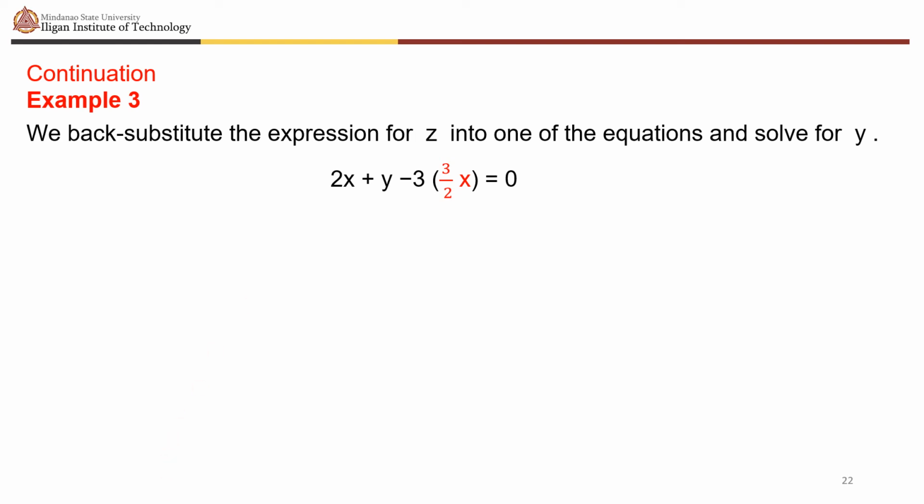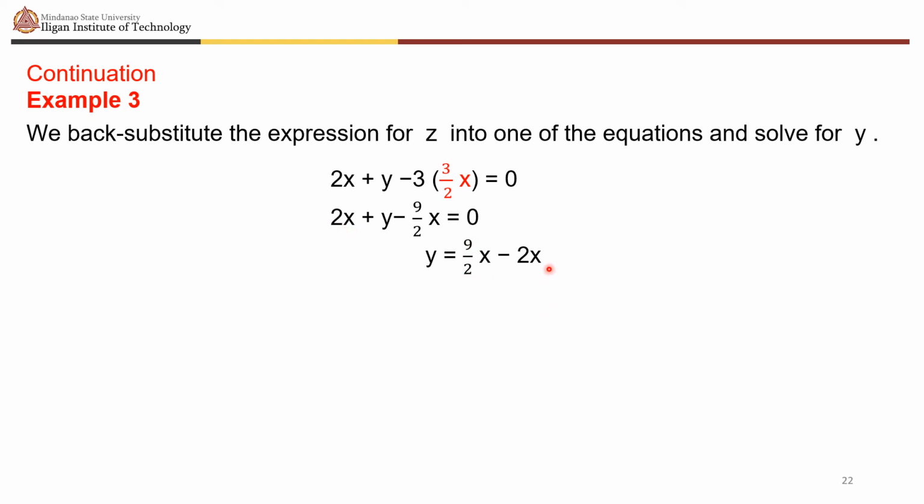Further solving gives us 2x plus y minus, 3 times 3 is 9, over 2, so minus 9 over 2 x equal to 0. Therefore, y equals 9 over 2 x